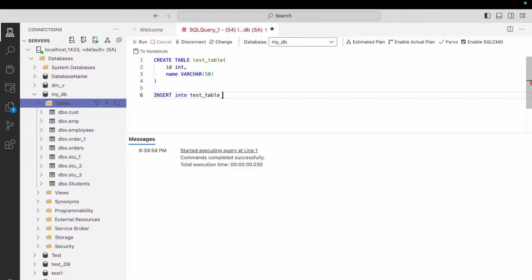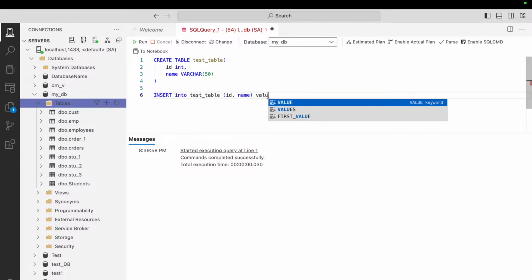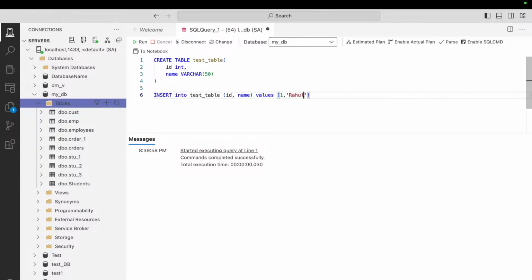Okay. So let's insert, like id, we have the id column, and another one we have is name, and we just want to enter some values like this. Values, and here we are just going to enter some data. So for the id column I am just going to add 1, and name is always going to use single quotes, right? I am just going to use Rahul, and comma, and let's